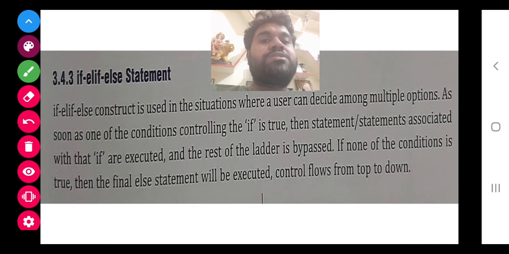Now elif. Elif means if we want to use multiple conditions, in that case, if the first condition is not correct, then it should check the second condition. For example, if we want to get a division: if a student has got more than 60, then first division. If it is not, then it should check for more than 45. If it is not, then it is to be checked with 33. If it is not, then the last condition, that is less than 33, that is a fail.